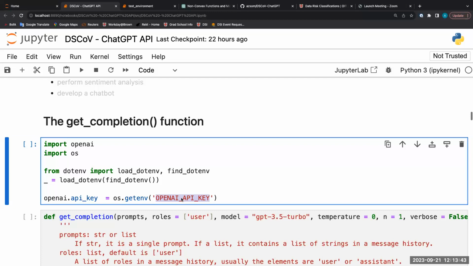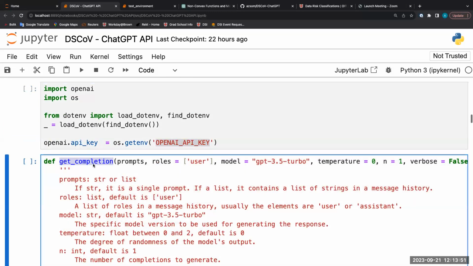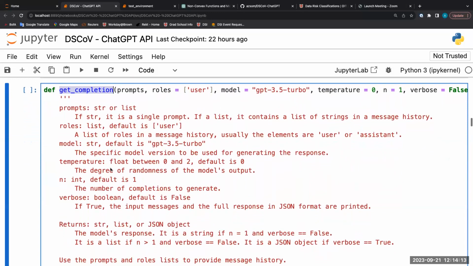Okay, all good? Okay, so I use .env to handle the API key. And then this get_completion function is a small function I wrote based on another online lecture I watched, right? And I expanded on it. I will give you the link to that lecture at the end of this presentation. But this get_completion function has a bunch of arguments, and I will walk through what those arguments are and how they work. So first with prompt.